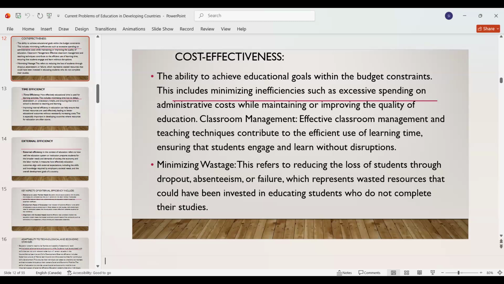Every year, every country isreading their budgets, and from that budget only, the people will know how much percentage they are going to get from the budget to each and every sector. So, the ability to achieve educational goals within the budget constraints. This includes minimizing inefficiencies such as excessive spending on administrative cost while maintaining or improving the quality of education,